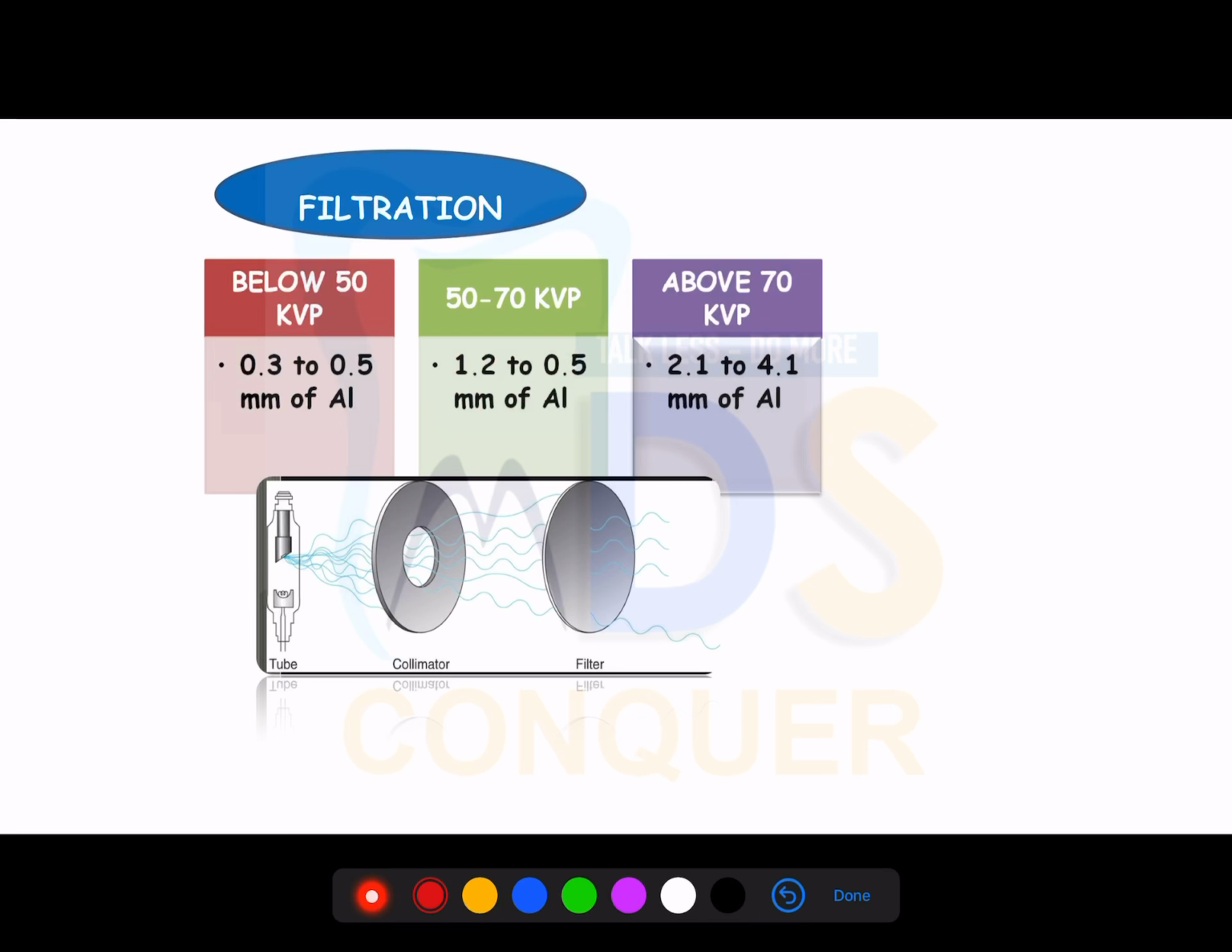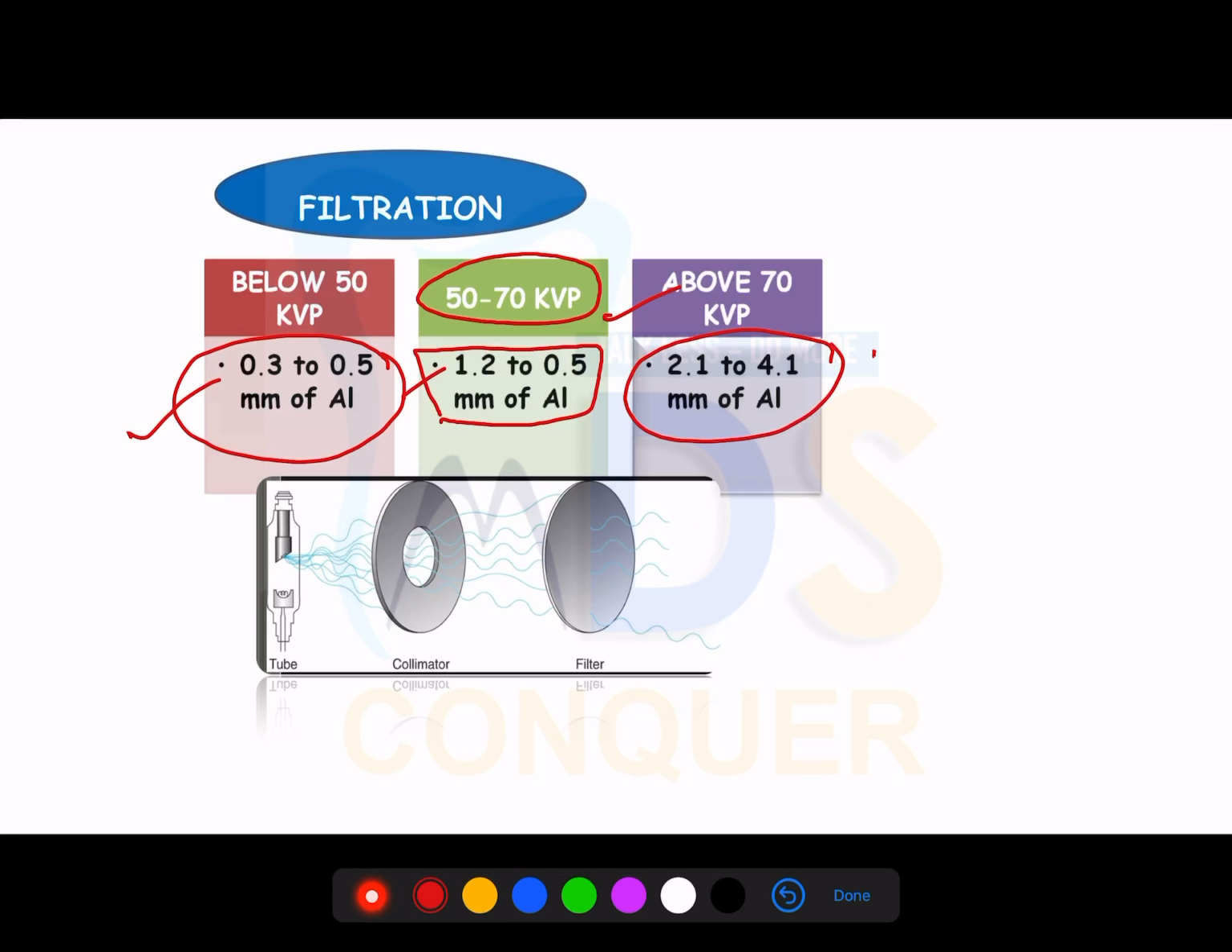So here the filtration is given. Based upon the kVp used in the X-ray machine, the filter thickness is decided. Okay, if we use below 50 kVp, the aluminium filter thickness will be 0.3 to 0.5 mm. Okay, if you take 50 to 70 kVp, then it will be 1.2 to 0.5 mm of aluminium. And if you take above 70 kVp, then it will be 2.1 to 4.1 mm of aluminium. Okay,